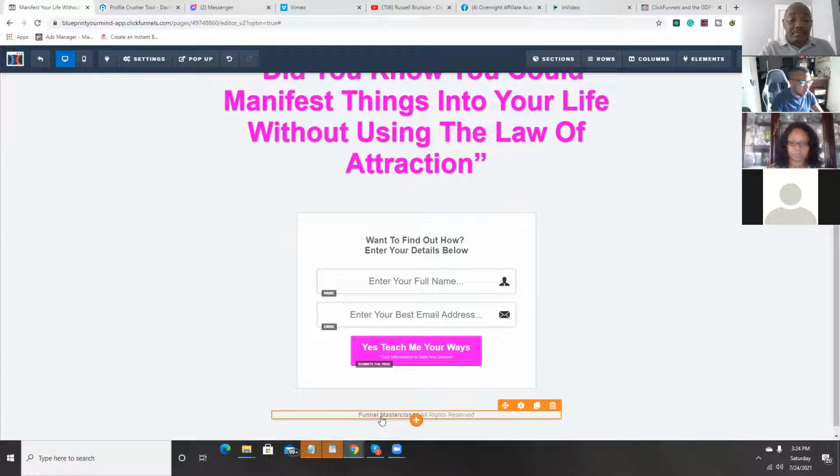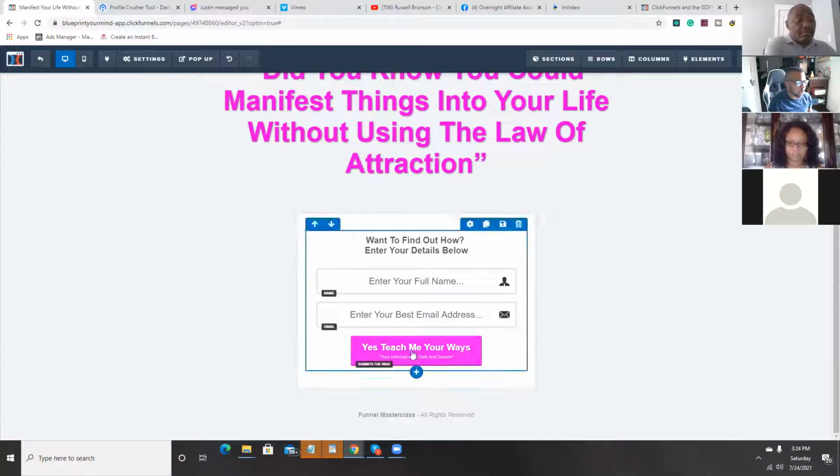When it comes down to the bottom, this is where you would install your business name, your copyrights, or your privacy policies. But normally, a lot of landing pages that you land on don't have a privacy policy until after. But they'll have a checkbox, like Angel was asking about earlier. Really it matters for people in Europe, not so much for people in the US. ClickFunnels pretty much covers all of the GDPR for people in the US, but people in the EU want to have that option where they can click it and you can set up a checkbox